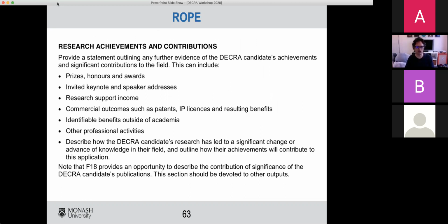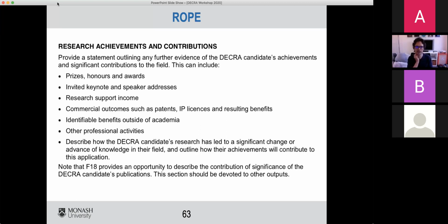And now we get to research achievements and contributions. This is where you can talk about your contributions to your field. So this is kind of your outputs. So prizes, awards, and honours. Don't take this as confronting if these things have not been awarded to you at this stage of your career. These are the same headings they use for laureates, who are the creme de la creme of Australia's senior researchers. So it's the standard set of headings.